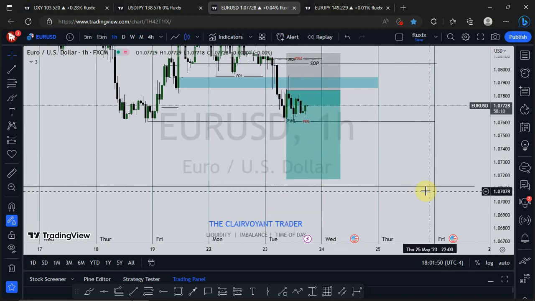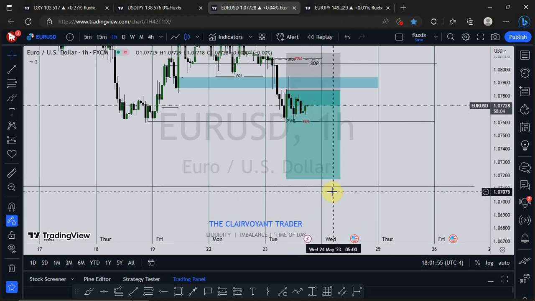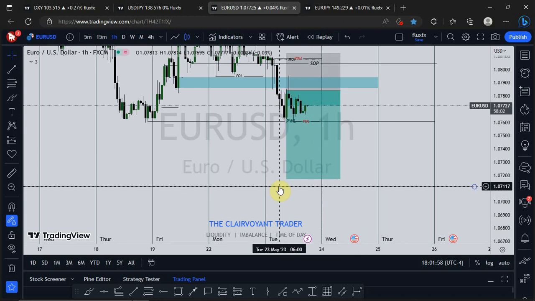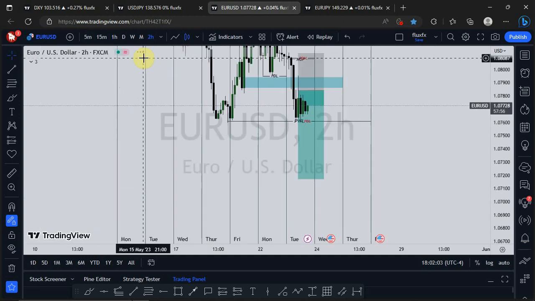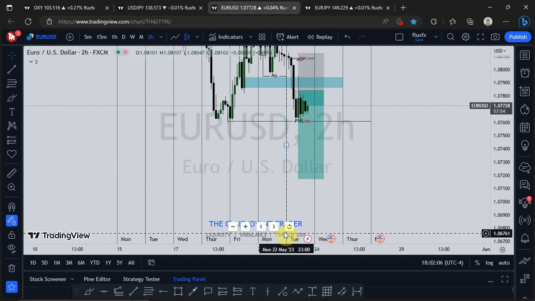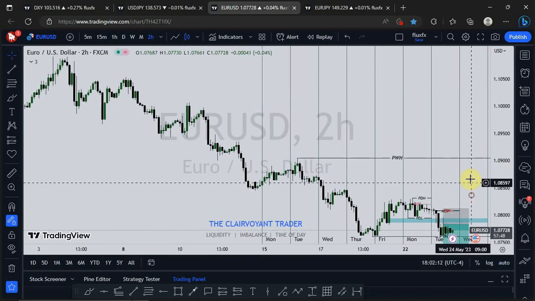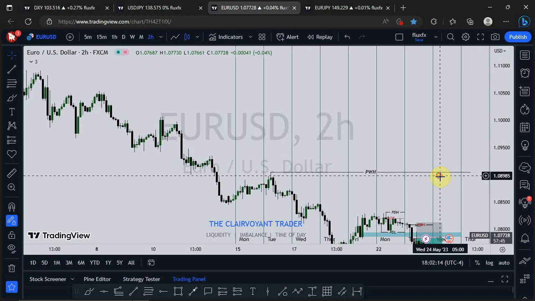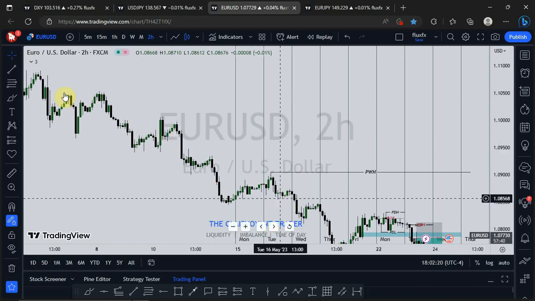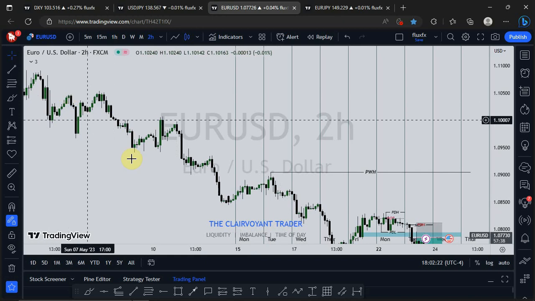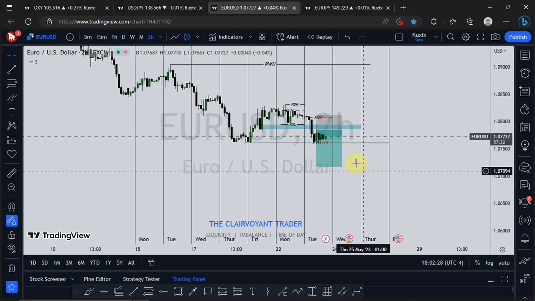And this line, someone will ask, what is this line? This is the previous 40-day low, so take note of that. If you switch to the 2 hour, 3 hours, it's all clear. It's giving a clearer indication that EURUSD is still pushing to the downside, because if you look at the previous price action, you realize that EURUSD has been on a downtrend. We are in a very heavy bearish order flow, so at this point, price will still continue to push to the downside.